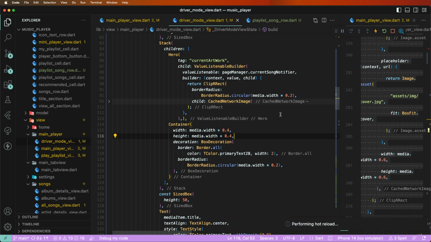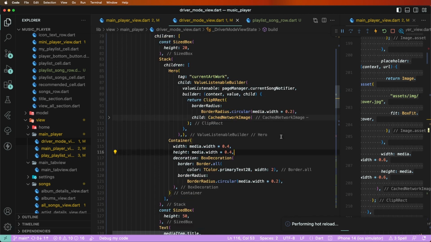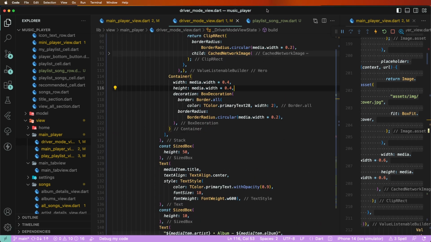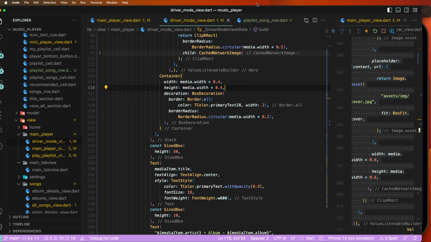Now need to save this here. To check this UI,